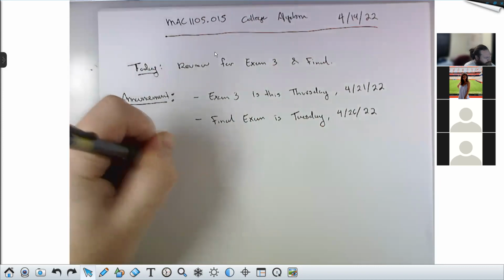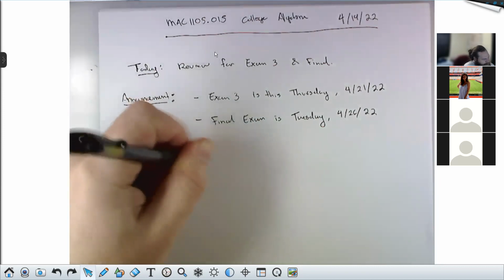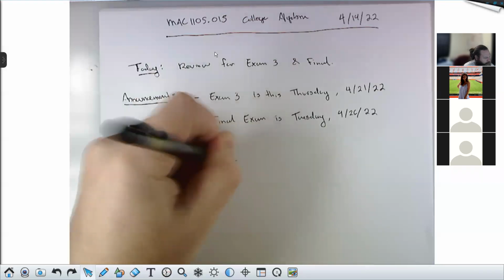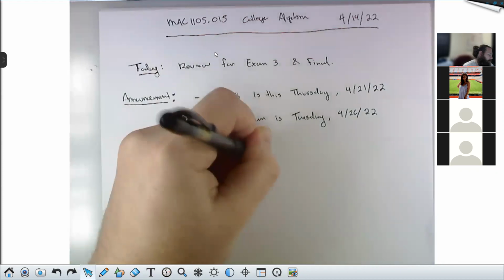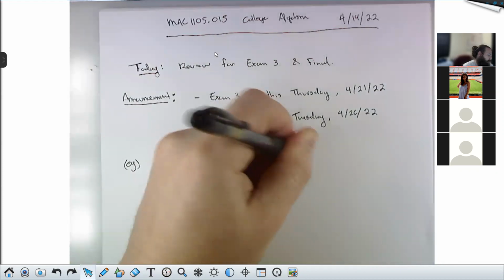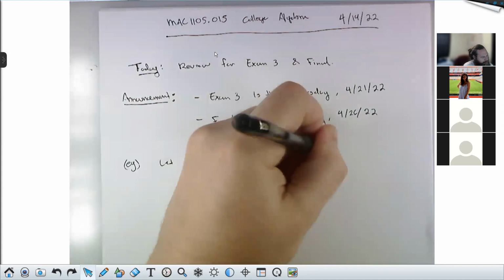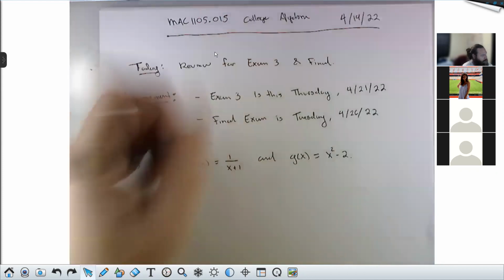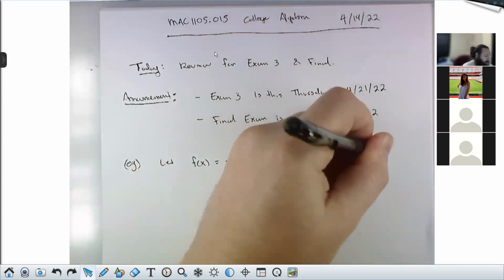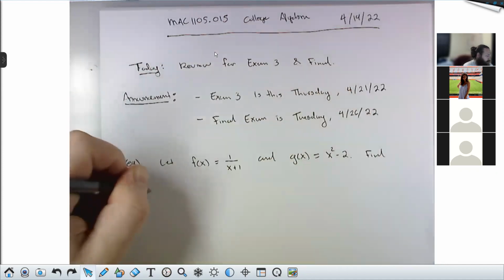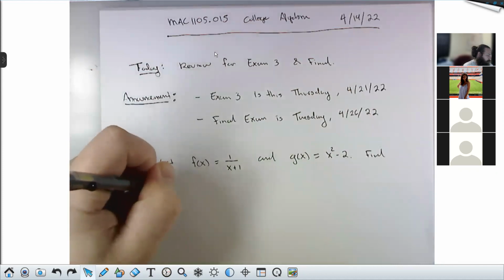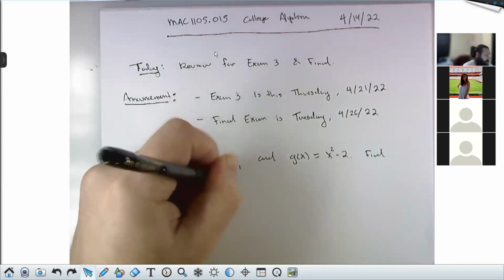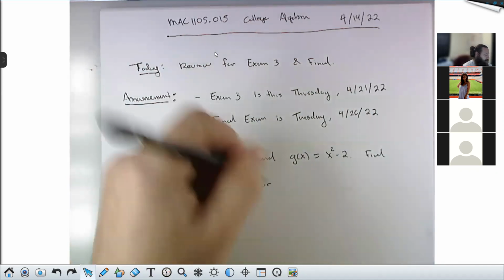So let's say f of x is maybe 1 over x plus 1, and g of x is something like x squared minus 2. And we can find f of g and g of f and their